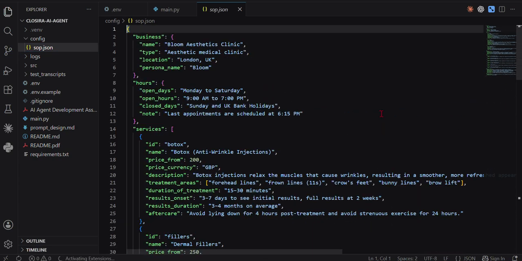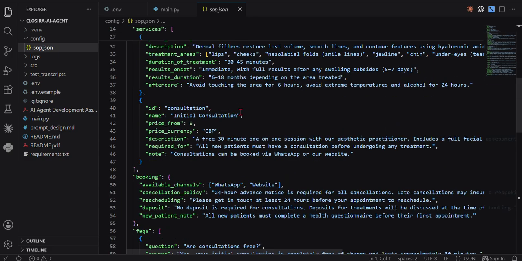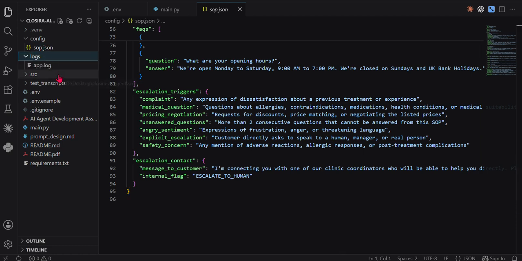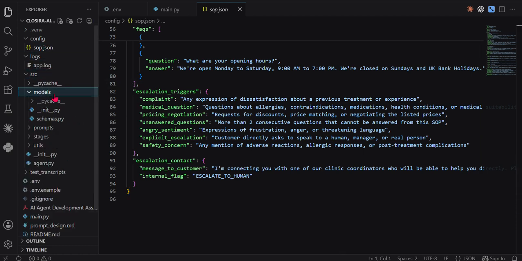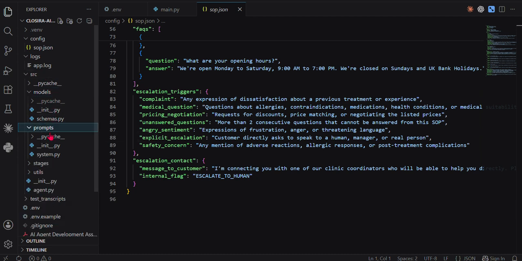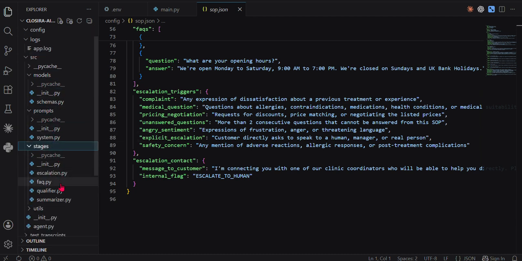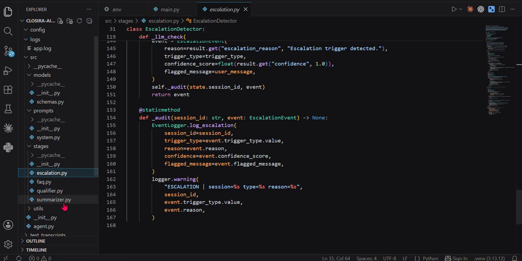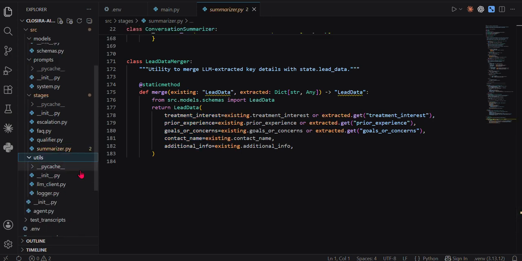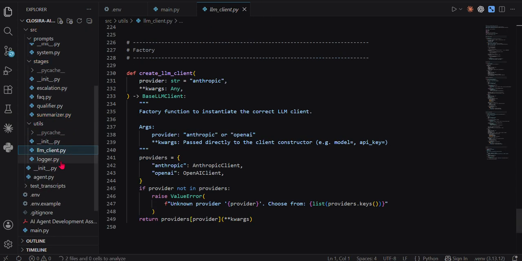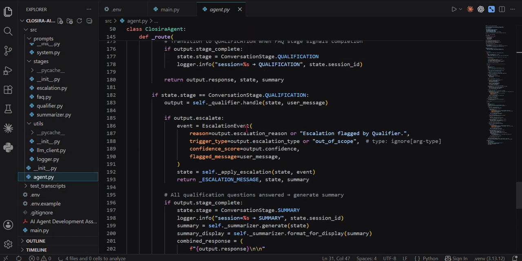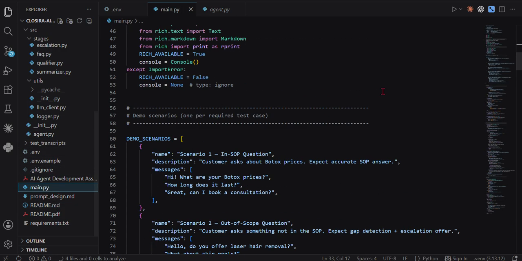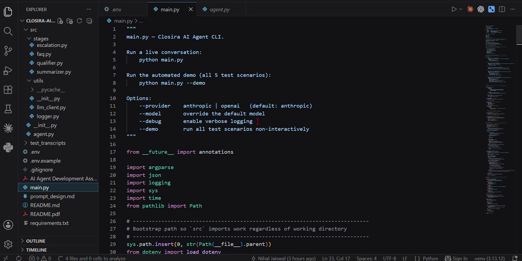There are several categories: business hours, service and pricing, FAQ, and escalation trigger, logs, log section, and src. There are several files: models, prompt, and stages. There are 5 stages. First is FAQ, second is qualifier, third is escalation, fourth summarization, and a utility file. Okay, logger. And here we include all the agents, and through the main file we call the role function and run